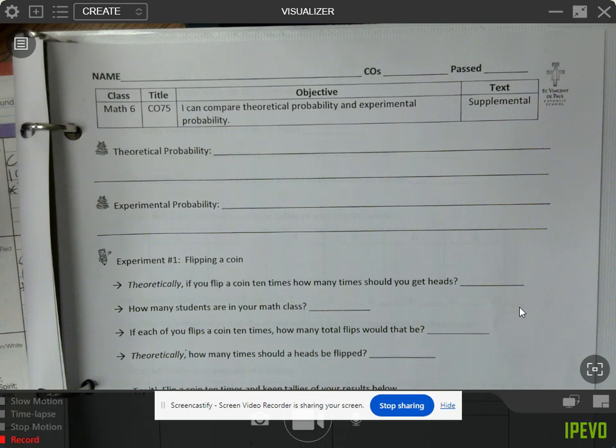So our last objective says I can compare theoretical probability and experimental probability. So we need to know what those two things mean. If it's theoretical probability, that's what,